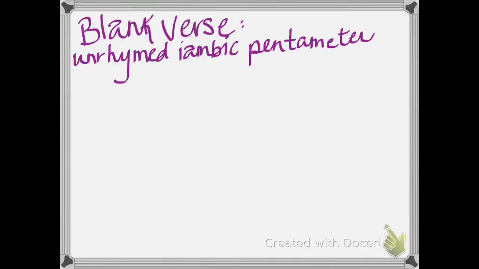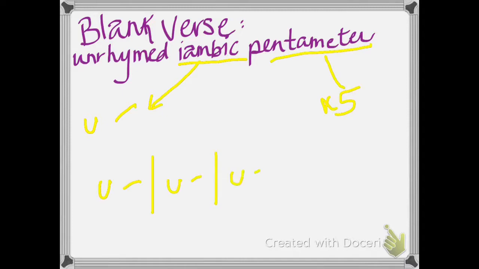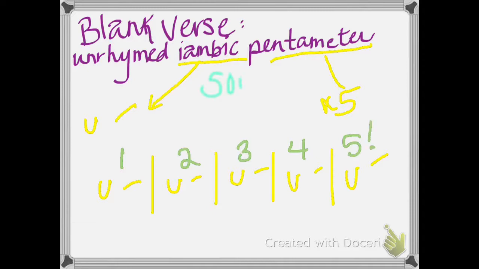Because Shakespeare was gifted and fabulous and awesome, and maybe a little bit of a show-off, he wrote most of his plays in something called blank verse, which is known as unrhymed iambic pentameter. You all remember iambic pentameter, right? You have this small set of 2 syllables, one unstressed, one stressed, and because it's pentameter, you have 5 sets of those. So you have unstressed, stressed, unstressed, stressed, all the way up until you have a total of 10